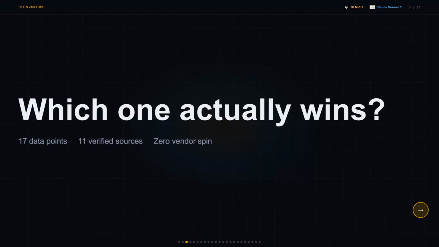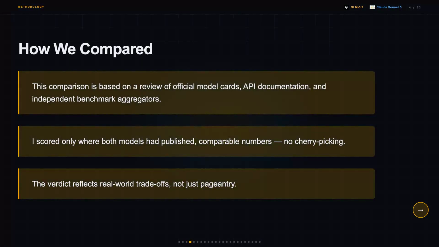Honestly, what I didn't expect is that the cheaper model posts agentic benchmark numbers Claude Sonnet 5 hasn't even published a score for yet, and whether that changes your pick comes down to one specific thing. This comparison matters if you're picking an API model right now and token costs actually show up in